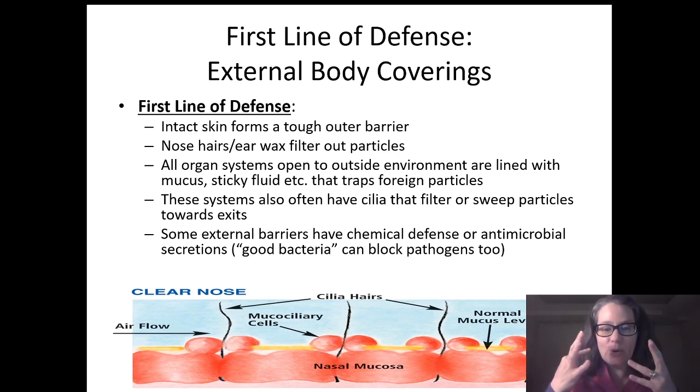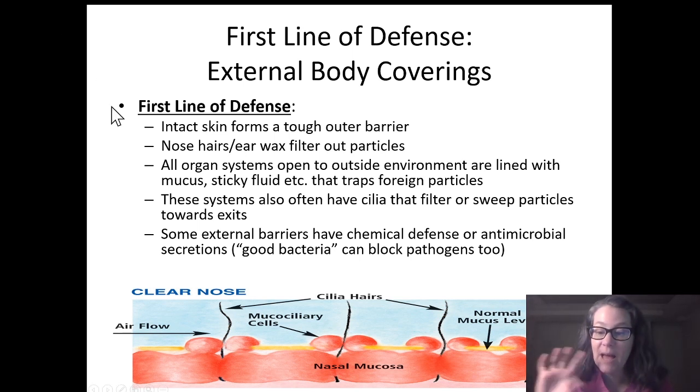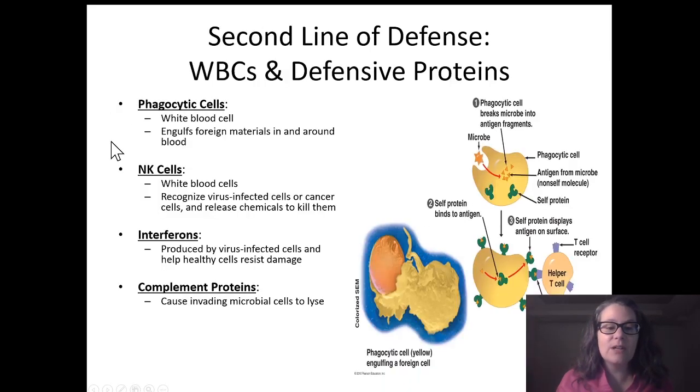Things like your eyes will have tears and different solutions. Ears have waxes. There's mucus solutions. All of these solutions are often in place to help you shed those pathogens so that they cannot enter your body. If the pathogens that you're around breach this external innate boundary, then it will come into contact